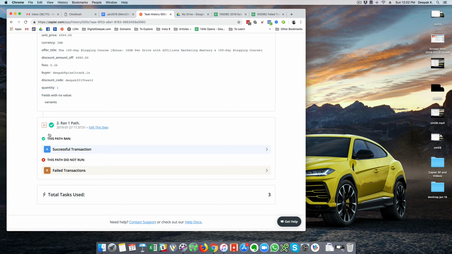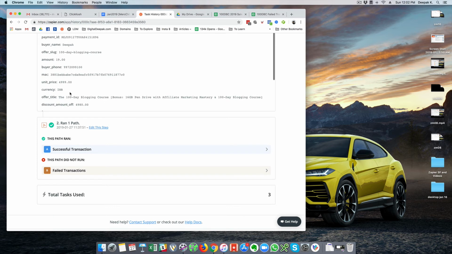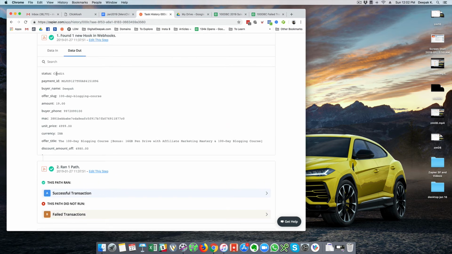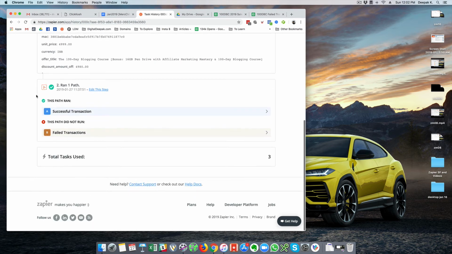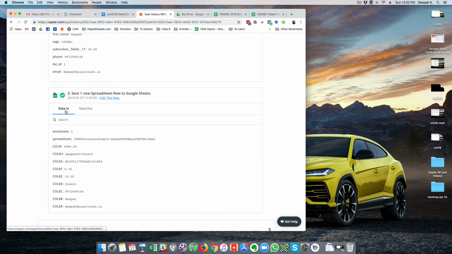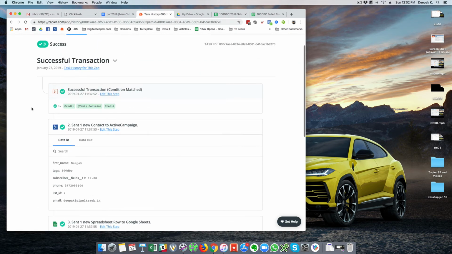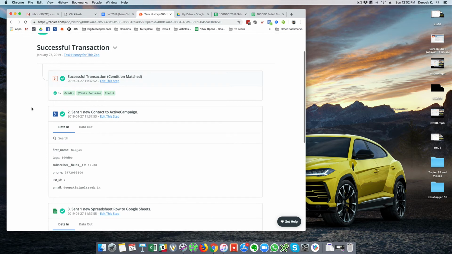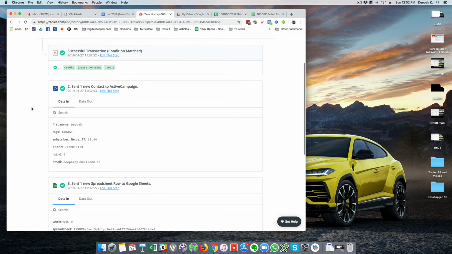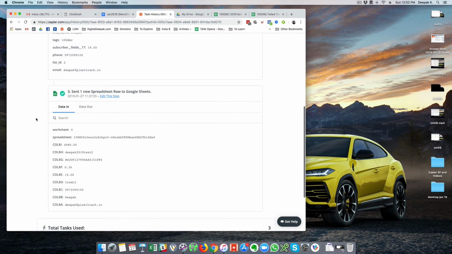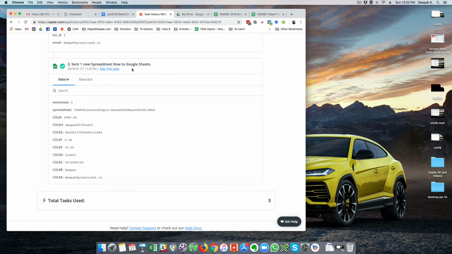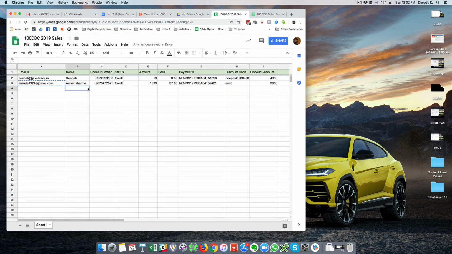In this case I have made a successful transaction, so the status is given as credit, and that is why path A has run. Path A has run as a successful transaction, and if you remember we had 2 steps in path A. Here you can see it sent the data to ActiveCampaign, and it has also gone ahead and sent the data to Google Sheet. If you go inside Google Sheets, you will be able to see the transaction which